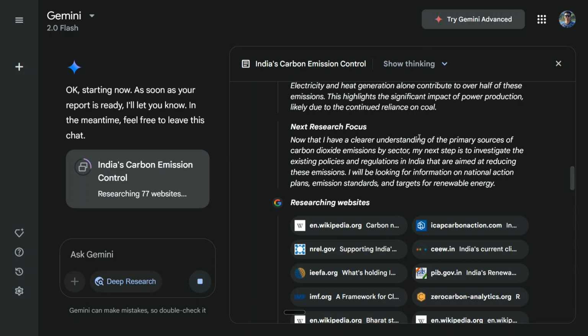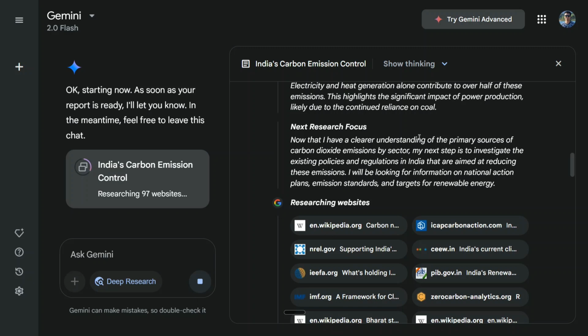But unfortunately, you can't use OpenAI's Deep Research for free. But you can use Google's Deep Research for free. Hence, I'm always towards the free side, so I prefer using Google's Deep Research. Apart from that, even in terms of cost, the cost of OpenAI's Deep Research is quite high as compared